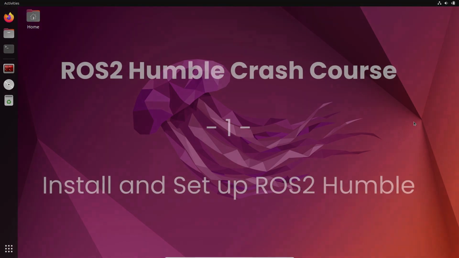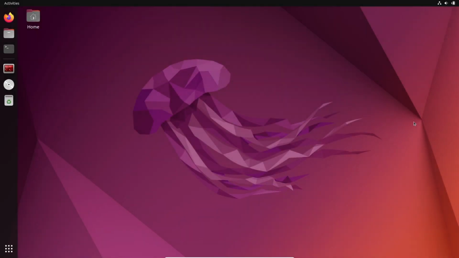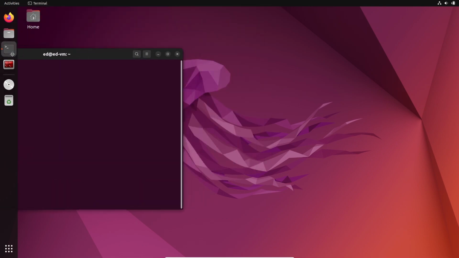Now let's get started with the series. In this first episode, we are going to install and set up ROS2 Humble on Ubuntu 22.04 so that in the next episode you can start using ROS functionalities. Here I am going to start from Ubuntu 22.04 that I have already installed on a virtual machine in VirtualBox. You can use either Ubuntu installed with a dual boot on your computer or in a virtual machine, it's up to you. So to install ROS2, let's first open a terminal, and I'm going to put this on the side,